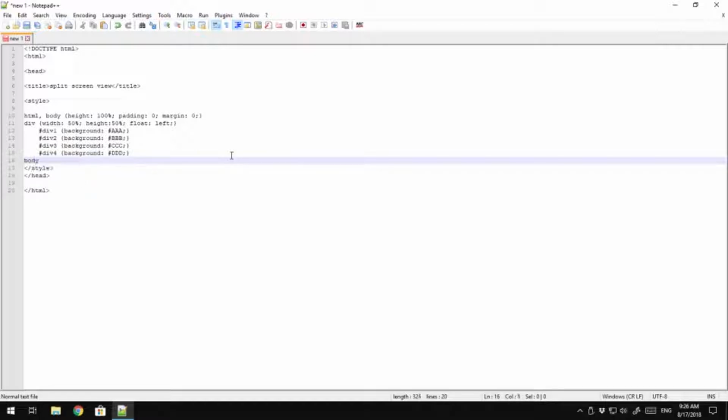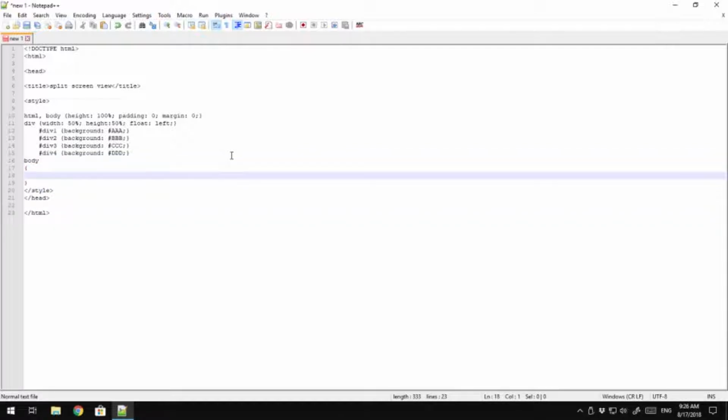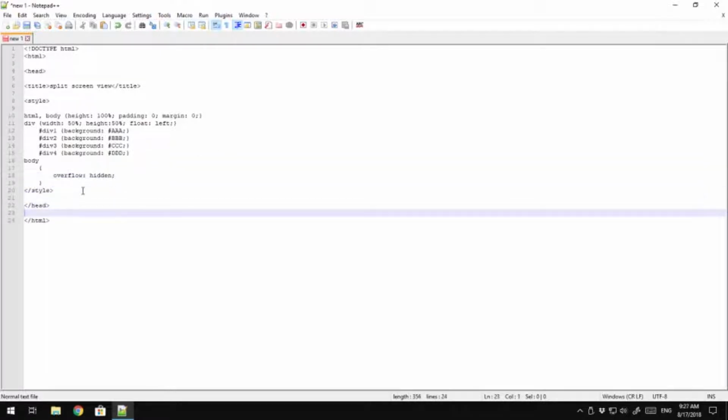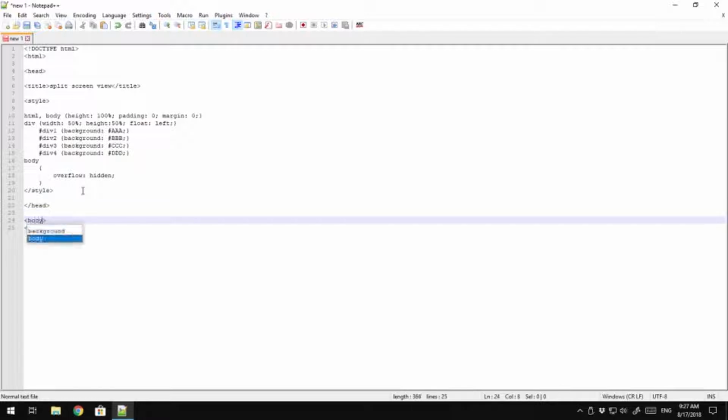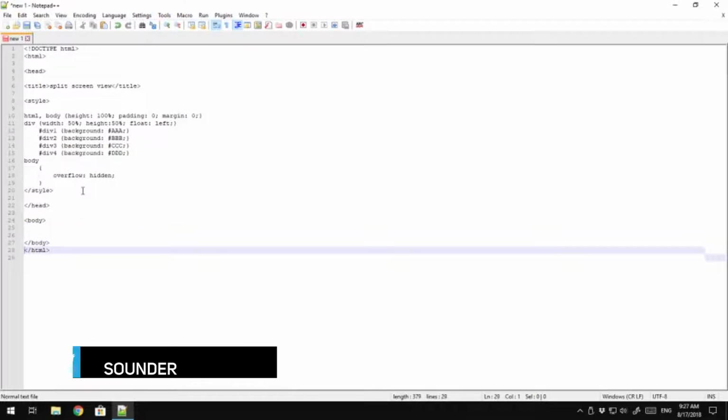And we are gonna give body. We are gonna hide the scroll bar on the left and bottom of the web page so that we can have a full view of the 4 channels. And now we are gonna create a body tag. Open and close the body tag, and then